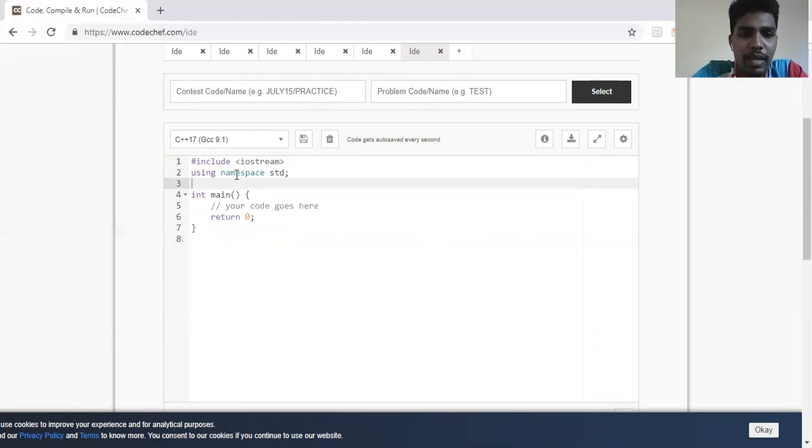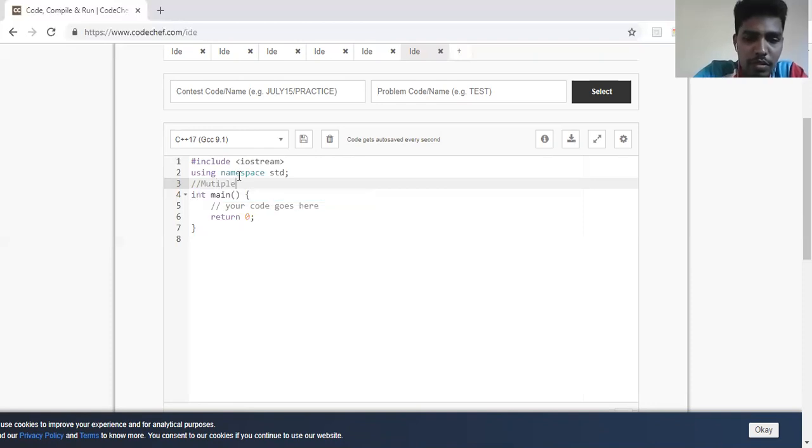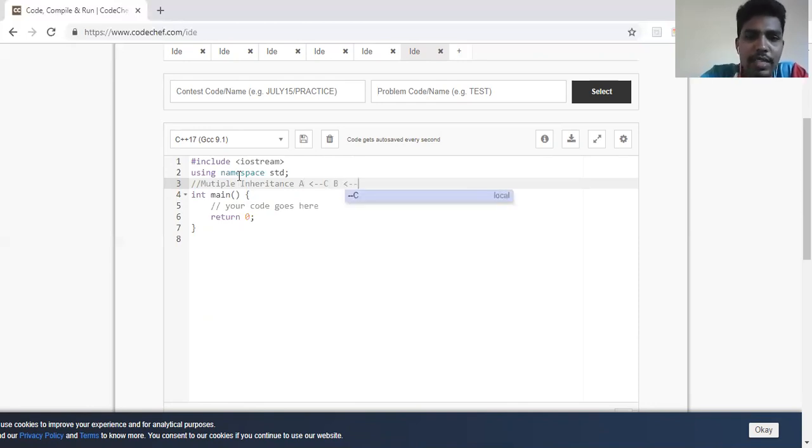I'll write the definition through quotes. Multiple inheritance, where the features of A are taken by C, and there is another class B, its features are also taken by C.